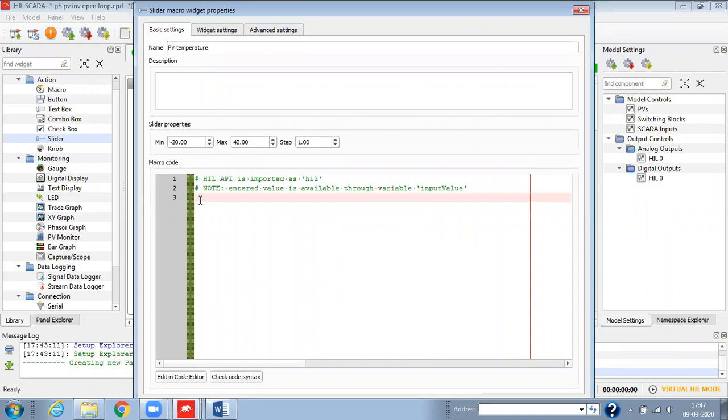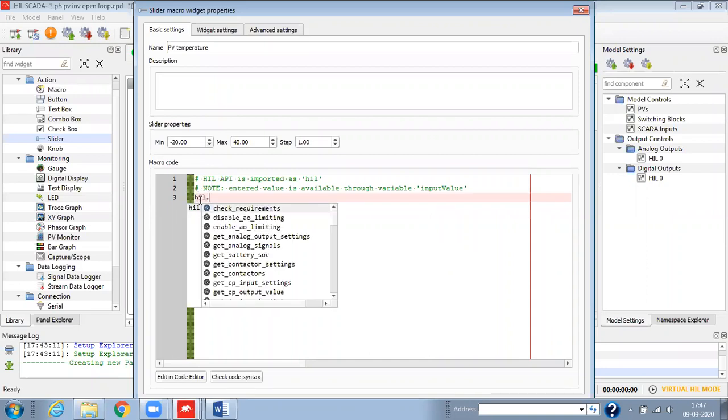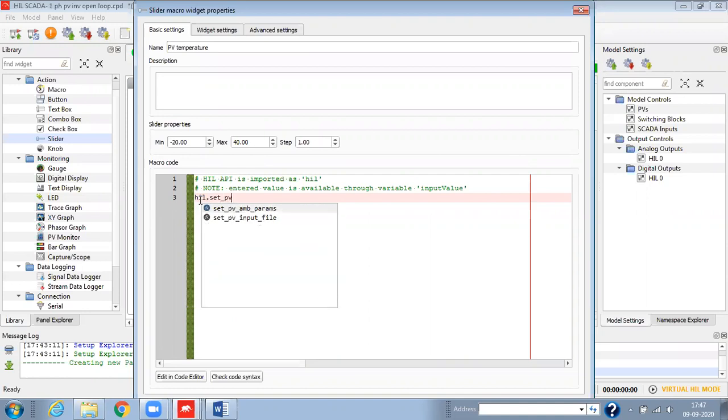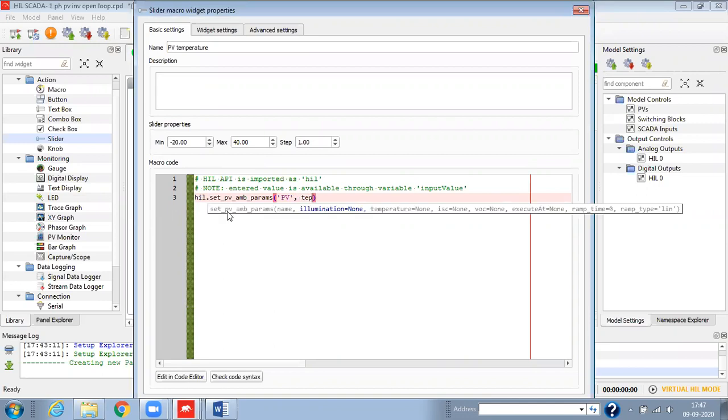So similarly, we'll write the code. We have to select the file first. Now here we have to change the temperature.